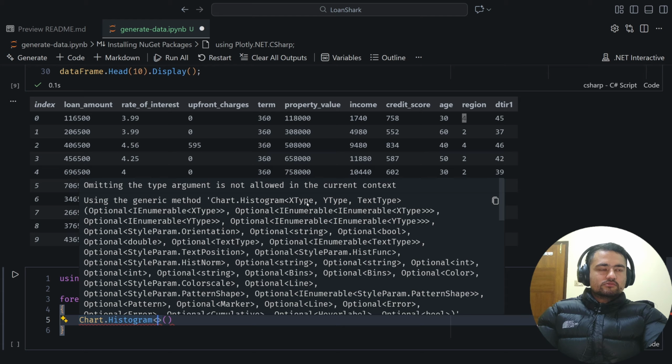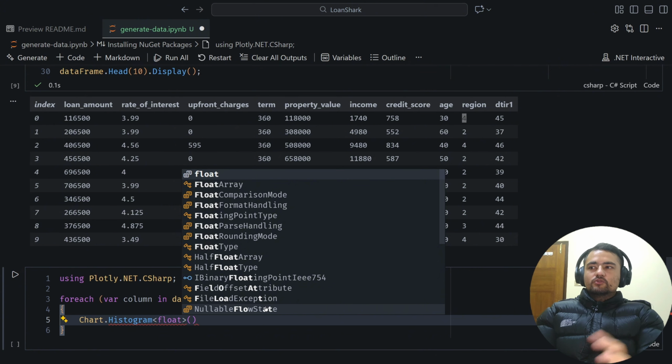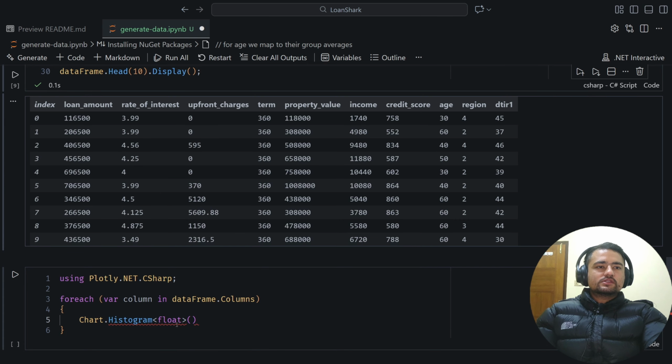So if you see, it says x type, y type, and for some reason we also have to pass the text type. And in our case, the x type is going to be float, because we are going to pass whatever the series, whatever values we have here for loan amount, rate of interest, and so on. So this is the reason